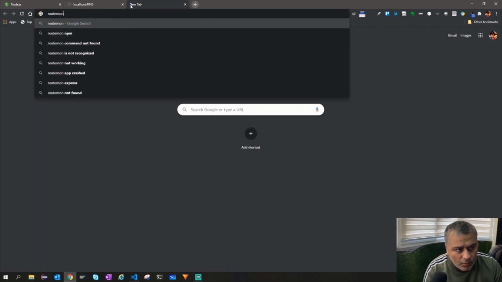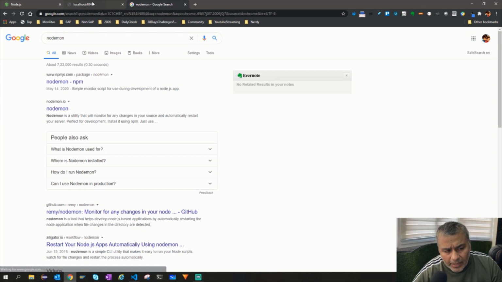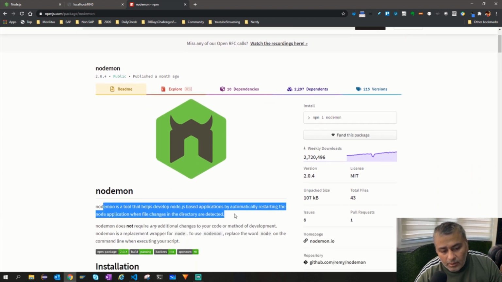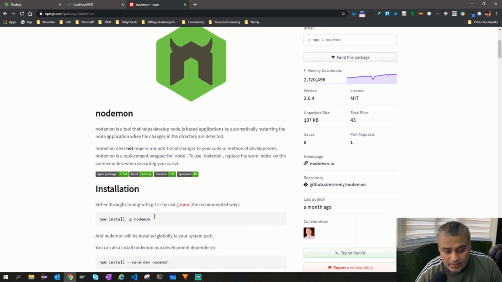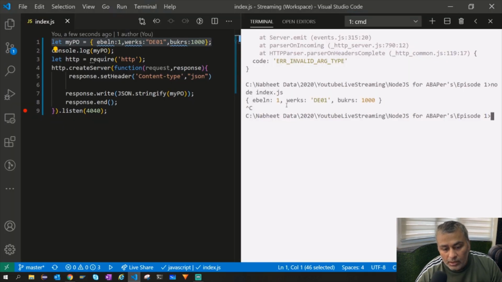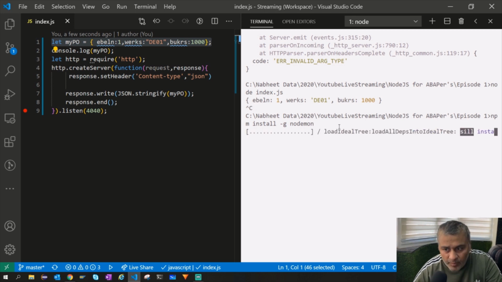Okay, so let me talk about nodemon. I heard about it from DJ in his hands-on SAP dev sessions. Nodemon is a package, again we are trying to reuse somebody else's stuff which has been made by somebody and shared across this repository. All it does is it is a tool that helps develop Node.js based applications by automatically restarting when files change in the directory. It also outlines the steps. So we basically go ahead and we say npm install -g nodemon. Let me talk about this npm.